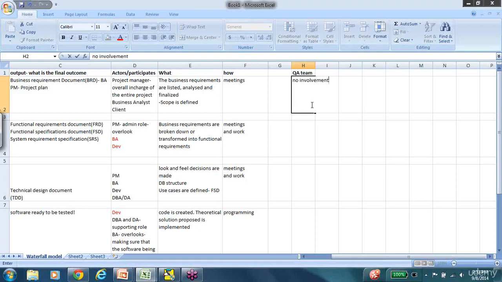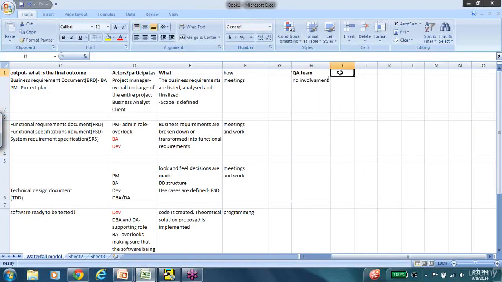So usually in the initiate phase there is no involvement. We'll also talk about what QA team members are involved at which stage. So once the